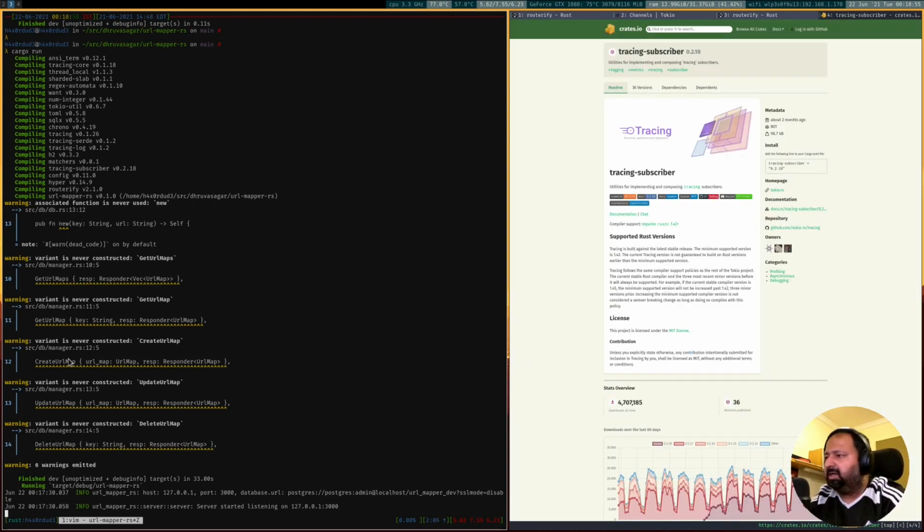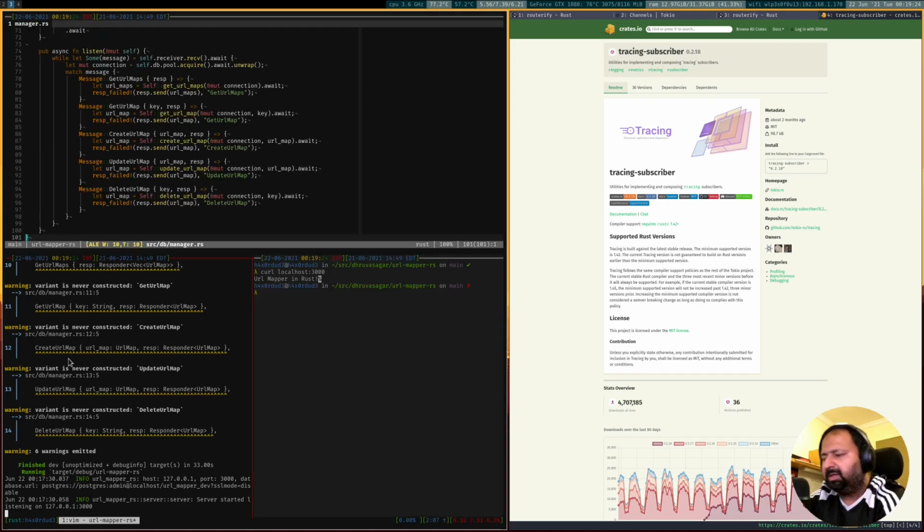Let's end it here. In our future episodes now we'll start working on this server piece. We'll improve it. We'll gradually build our actual RESTful API. Part of it would be the user facing API for the redirection and other things for the actual URL map. And then part of it would be the so-called admin API for the actual CRUD operations, which allows us to manage the URL maps, and we'll be building that gradually. Once we start building on that, we'll see how the communication between the database manager and the server happens.